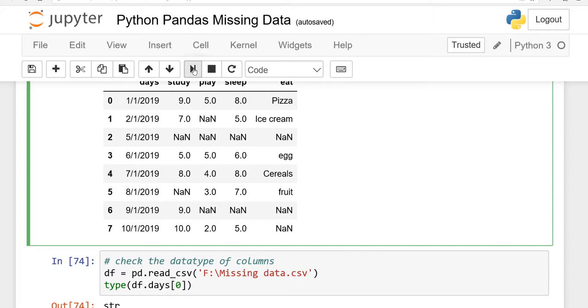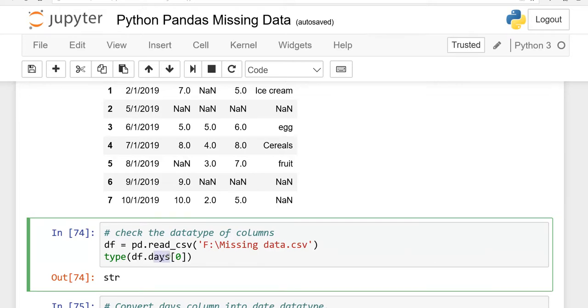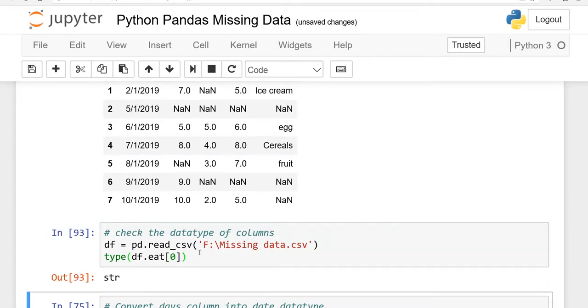And when I run this, you will see it is a string. The last column is eat, right? If you want to see the data type of the last column, instead of days, I will just write eat here. And when I run, you will see it is also a string, because these are characters.